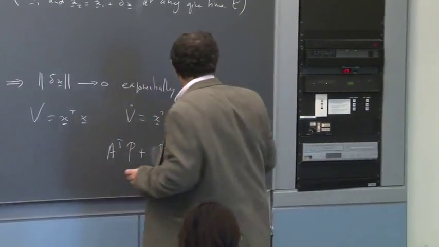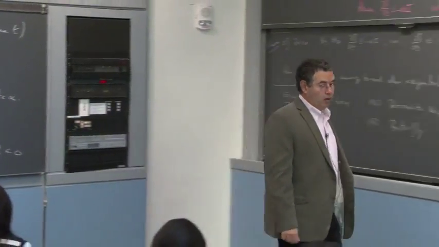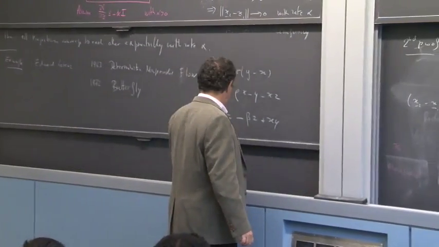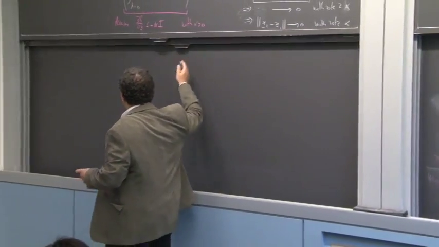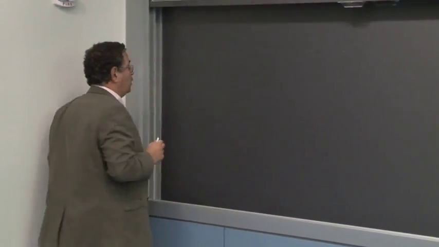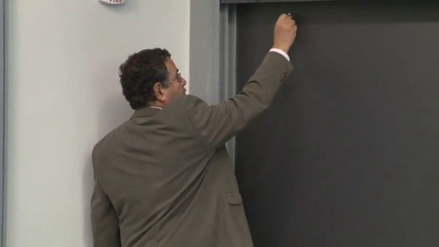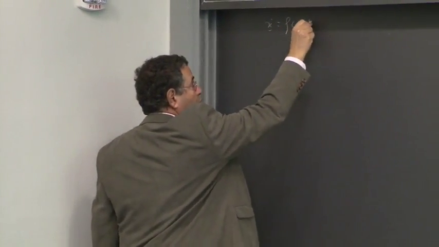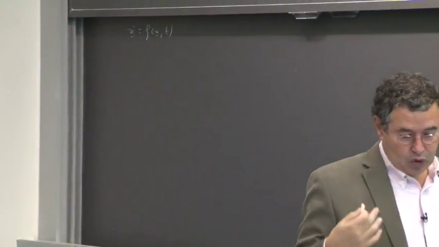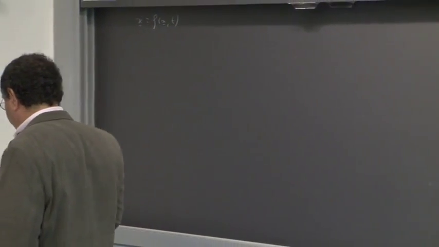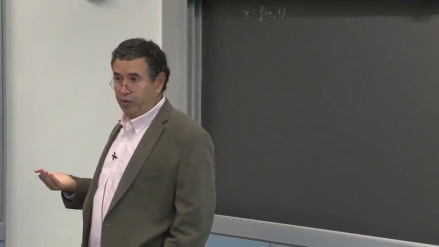So we can say, okay, we have this sufficient condition, but the Jacobian must be negative definite. Okay, so I have my system x dot equals f of x and t. Perhaps before applying this sufficient condition, I could try to make a change of variables and then apply the sufficient condition.